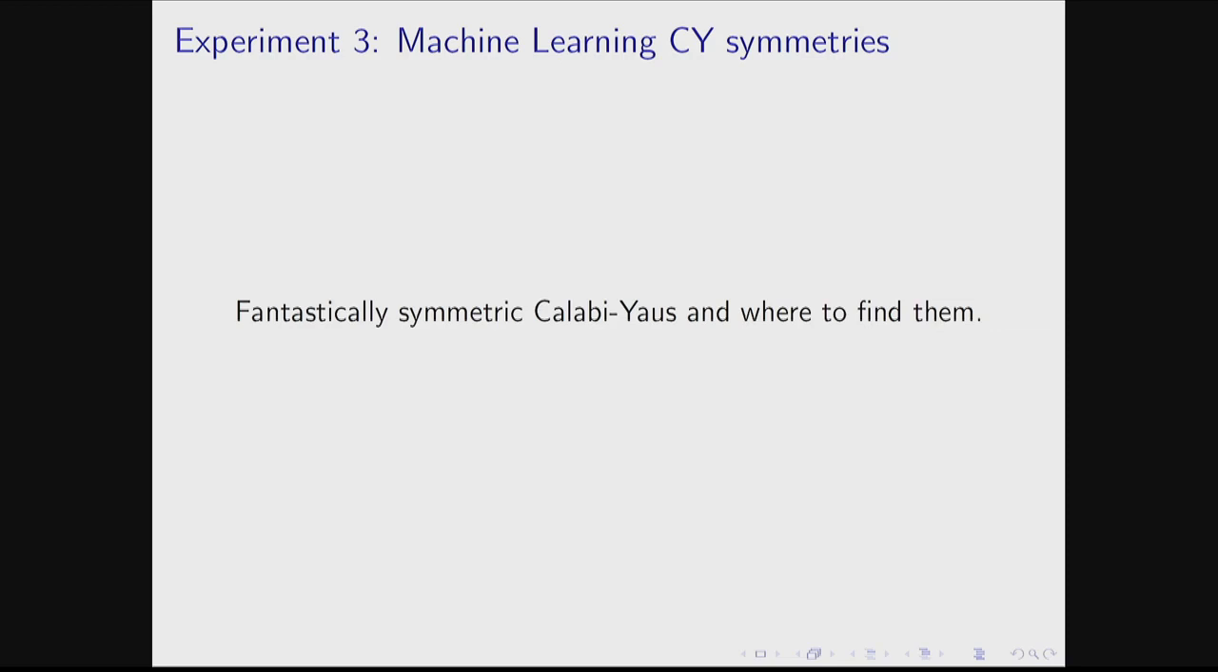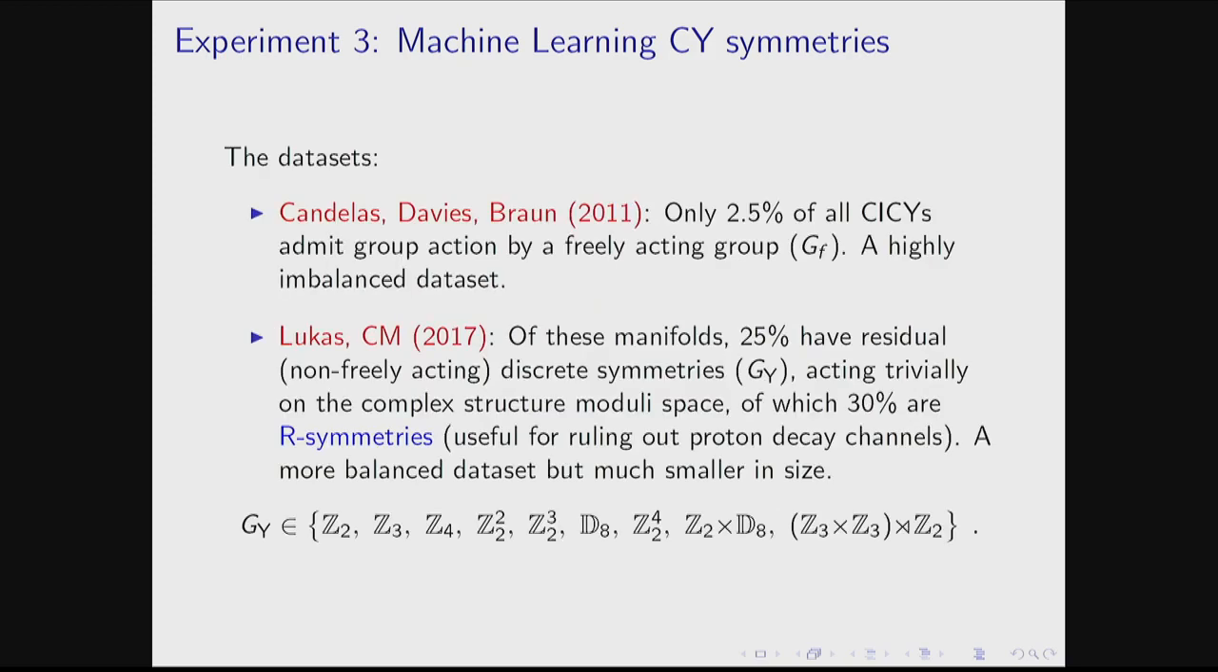So the third experiment that we have done is to machine learn discrete symmetries, and I'll show you some properties of the data set that already exists, and I'll proceed like that. So the data sets that already exist, the first one is due to Braun, Candelas, and Davis. Well, Braun actually consolidated the project, and he came up with a very